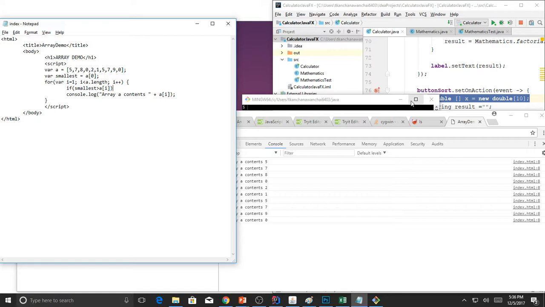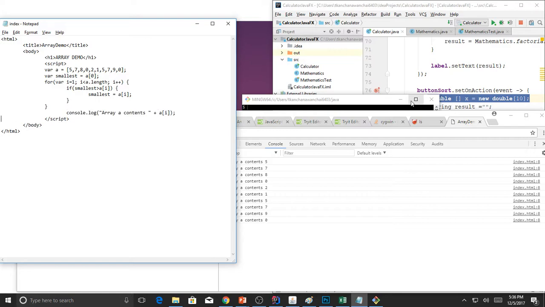If it's happen to be greater, what do we do? We gotta say the smallest now has been changed, right? Smallest value is going to be equals to what? The value of A[i], at the index it's found. Yeah. And then